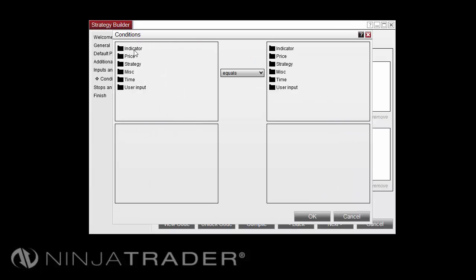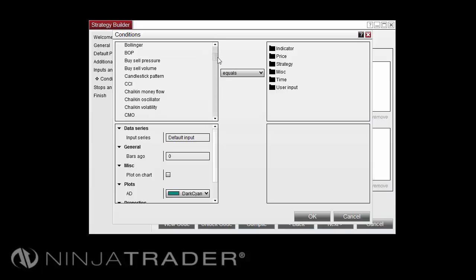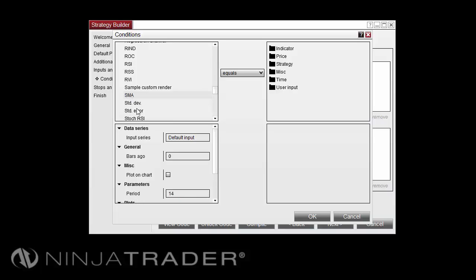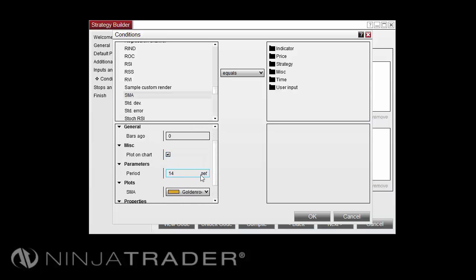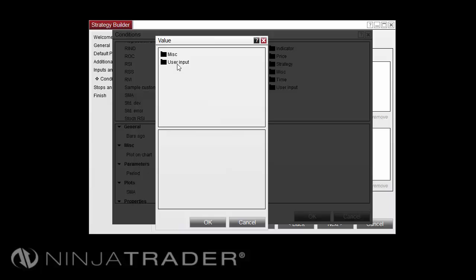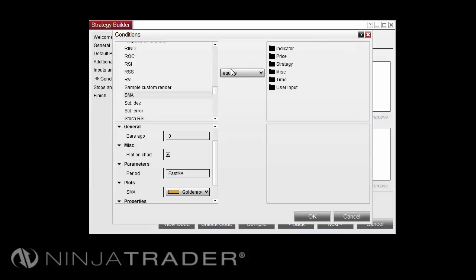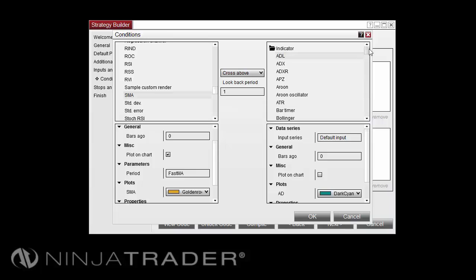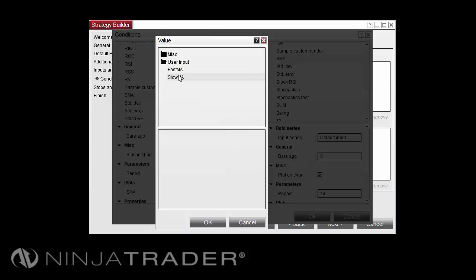For our moving average crossover, I'm going to go ahead and select my indicator of SMA. And I'm going to go through here and say that I would like to plot this on the chart. And for the period, I'll select Set, User Input, and this will be my Fast MA. I'm going to say when my Fast MA crosses above another SMA, I'll plot on the chart, and for the period, I'll use user input Slow MA,